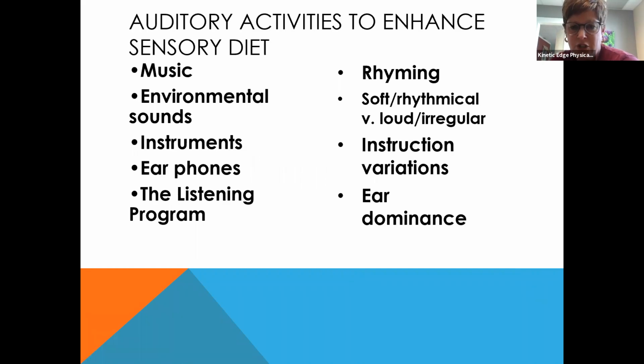Some additional auditory activities. Some of these were mentioned before. Maybe trying to limit noise through noise canceling headphones, that can be helpful. I think the thing I really want to emphasize though is that through my 16 years of focusing on sensory processing and working with kids, I've really come to realize that we don't have to just provide ways to compensate